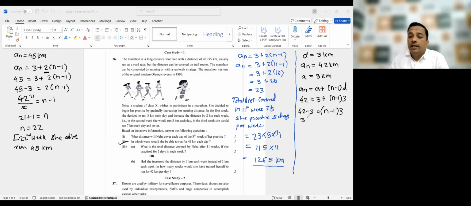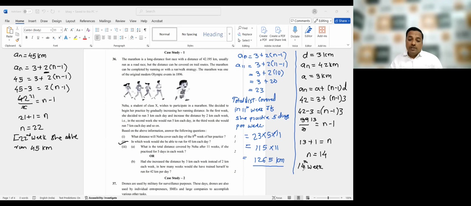So this becomes 39 divided by 3, n minus 1, 3 ones are 3, 3 threes are 9, that becomes 13. One shift that side becomes plus, so n becomes 14। तो उसको कितने वीक में जाएगी वो? 14 वीक।